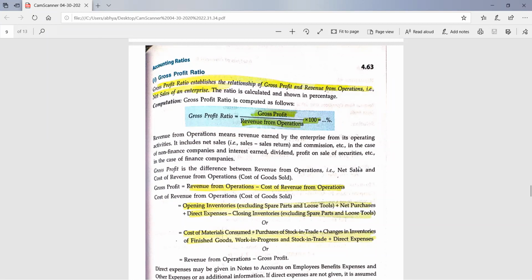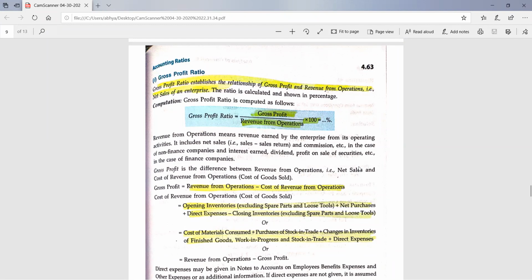One more thing, the 2 ratios of the beginning, liquidity ratio and solvency ratios, we were representing the answer in pure ratio form, like 2:1, 3:1, 4:1. And in turnover ratios, we have written all the answers in terms of times. And here all the answers will be coming in terms of percentage. While calculating the profitability ratios, in every ratio we have to multiply it by 100 to know the percentage. Okay students, to know the percentage. So what is the formula for gross profit ratio?